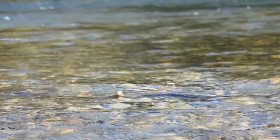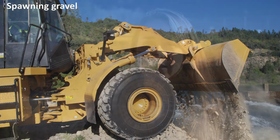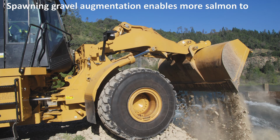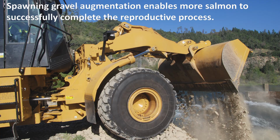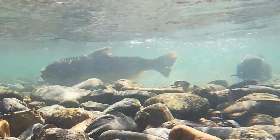The overall salmon population is still a small fraction of its former size, but in the fall of 2021, the Trinity experienced one of the bigger salmon runs in the last decade. Without the added gravels, many of these fish may not have successfully completed their reproductive cycle due to a lack